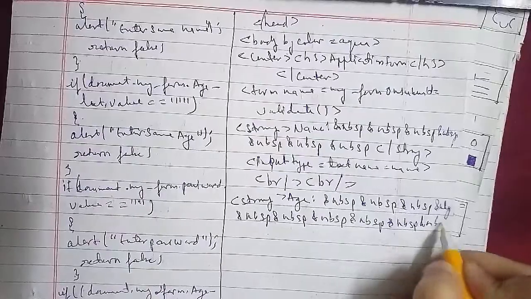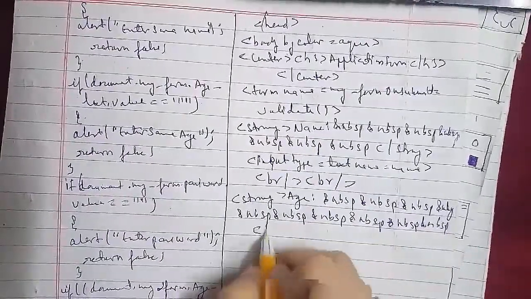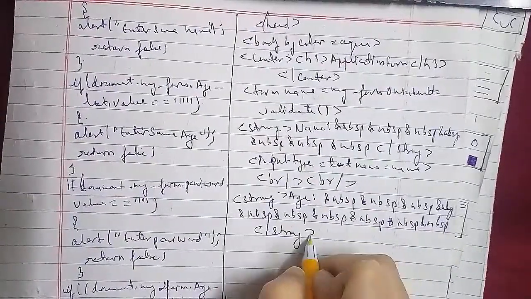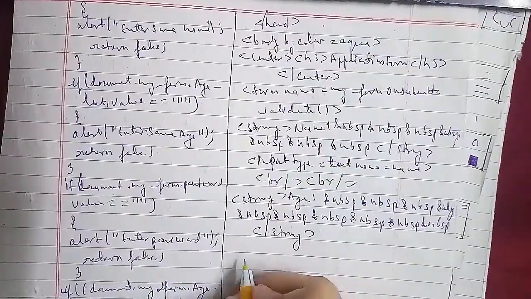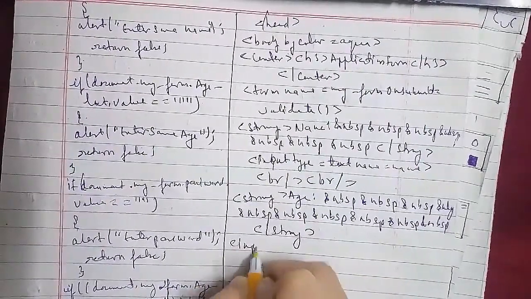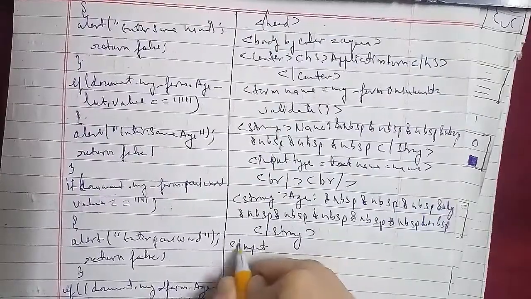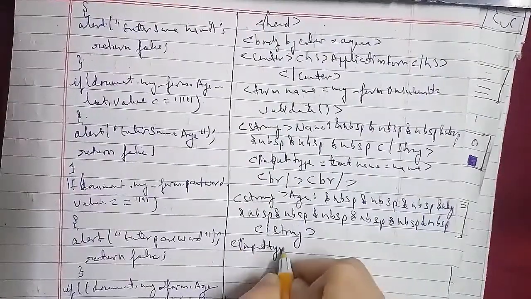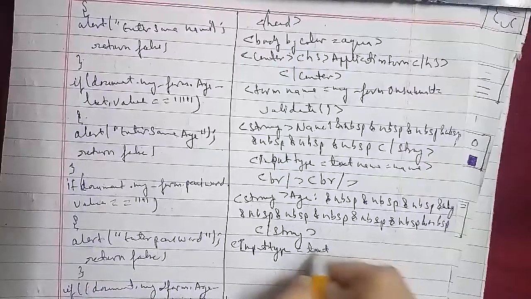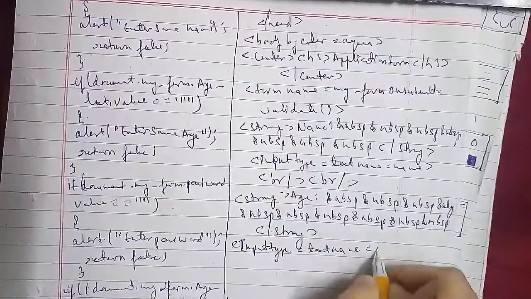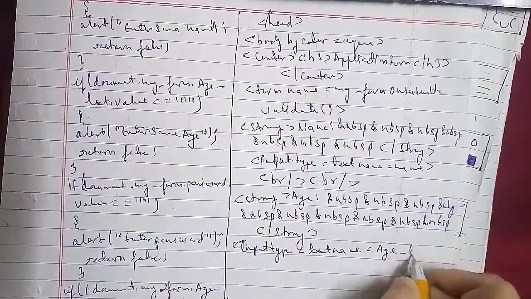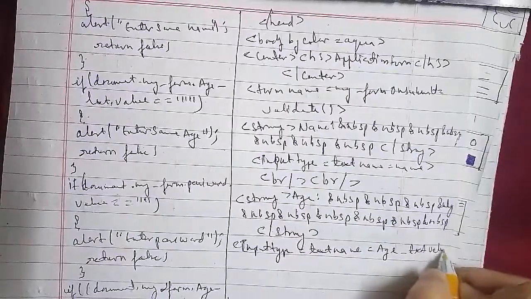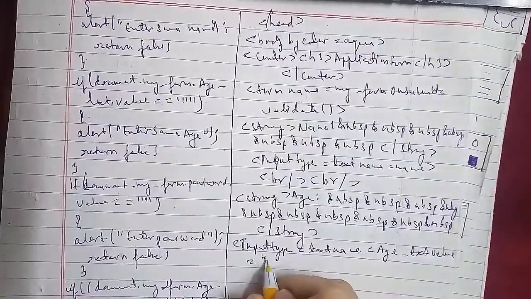Write JavaScript to validate radio button, operator field, and checkbox. Now we'll write a program for that as well, that is HTML head